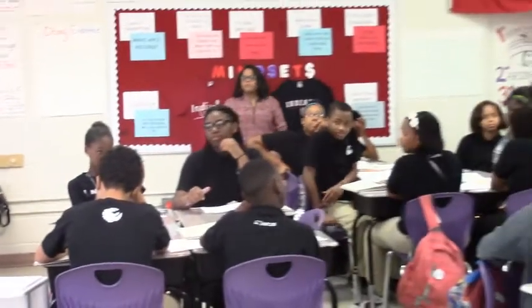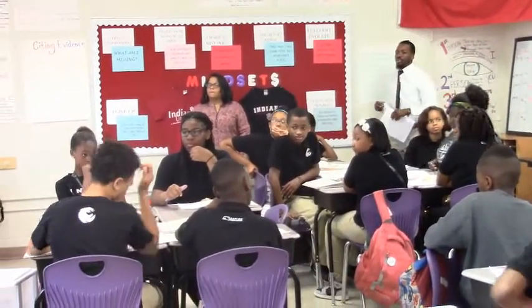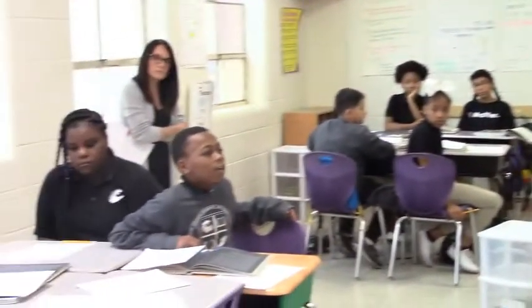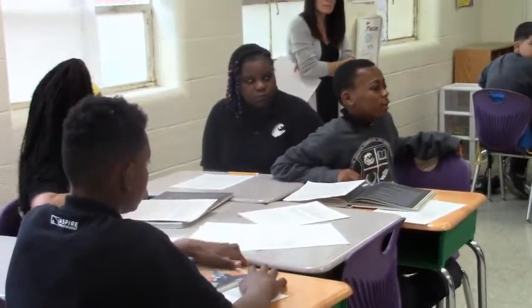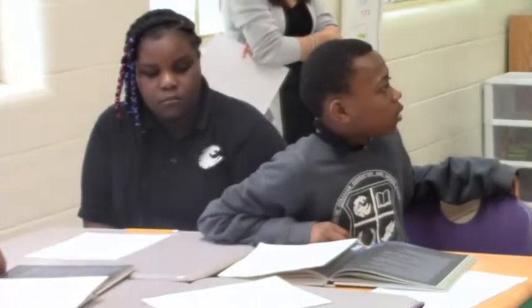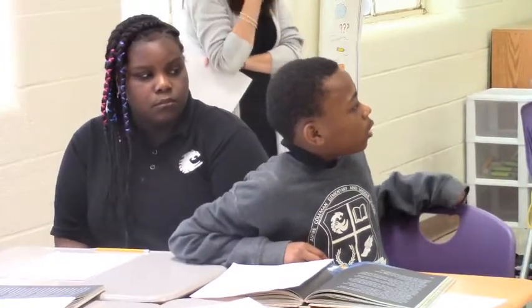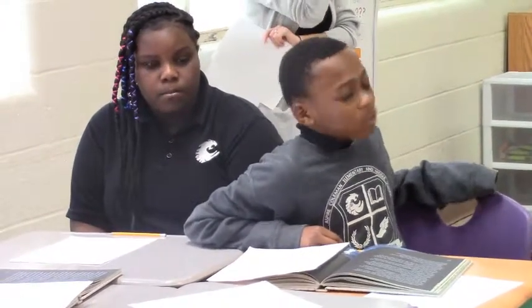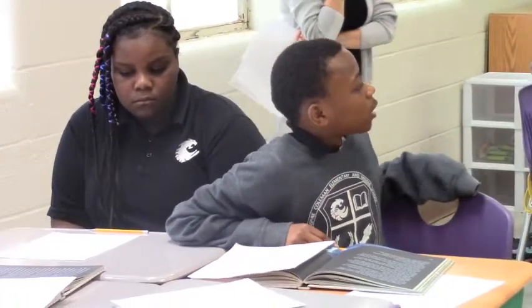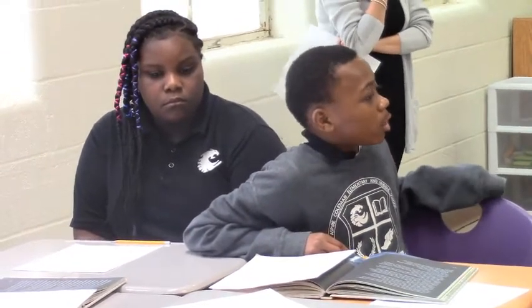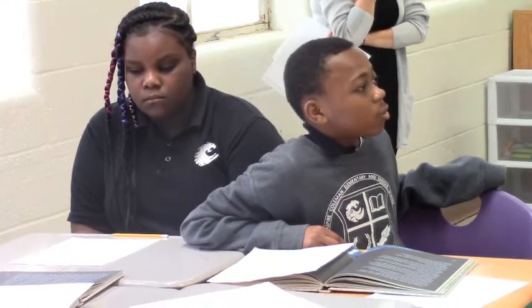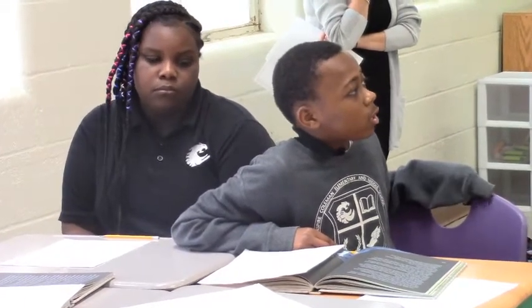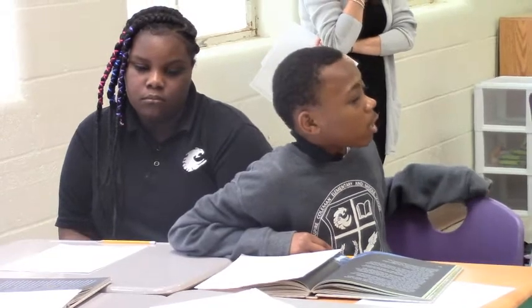Okay? Jermaine or somebody over there, share what you had said. What you were sharing with your group. We said that he learned not to go on people's island without knowing who they is. That was a different thing you said, not to trust. Didn't you say something about not to? Not to trust people who you don't know. Because when he went to Circe's island, he sent some of his men and let some of the men go. But then when they went in the house, they thought she was lying and stuff. They thought she was wrong. And then they just started eating her food. And then they got turned to pigs.